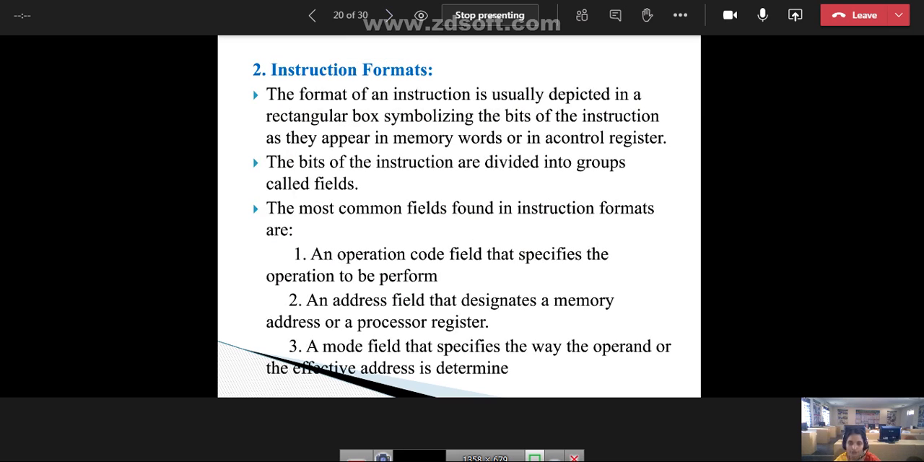Next, coming to the instruction format. What is meant by instruction format? The format of an instruction is usually depicted in a rectangular box symbolizing the bits of the instruction as they appear in the memory word or in a control register. The bits of the instruction are divided into groups called fields. The common fields found in instruction formats are one, an operation code field